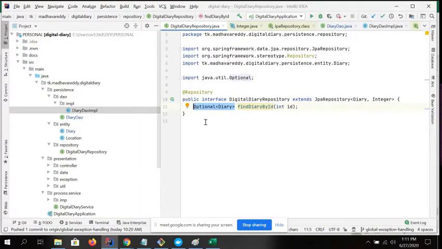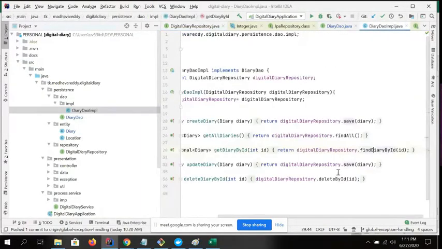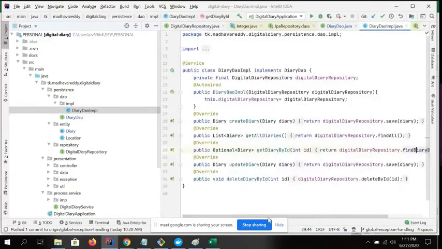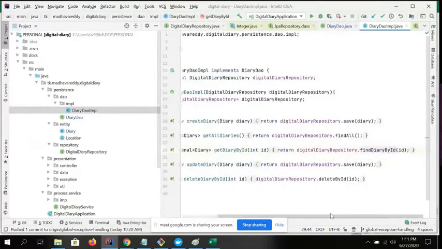Here I covered two points. The main point is that you can feel free to use any method name. And second, if you are using a repository, you have to autowire it, and you can use the already available CRUD repository methods, or else your own custom methods.